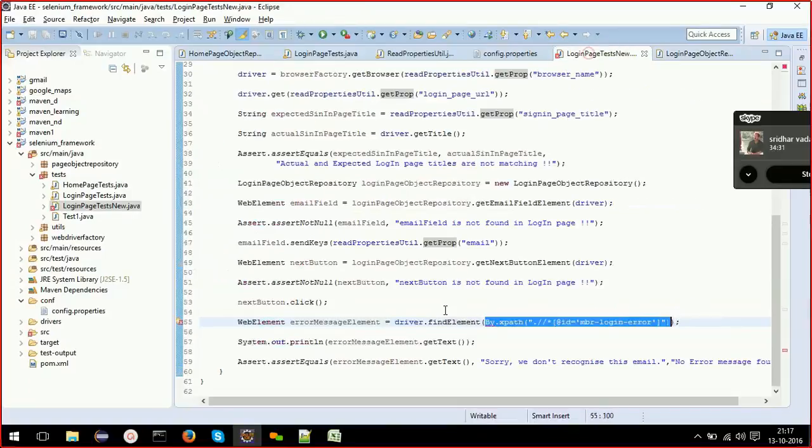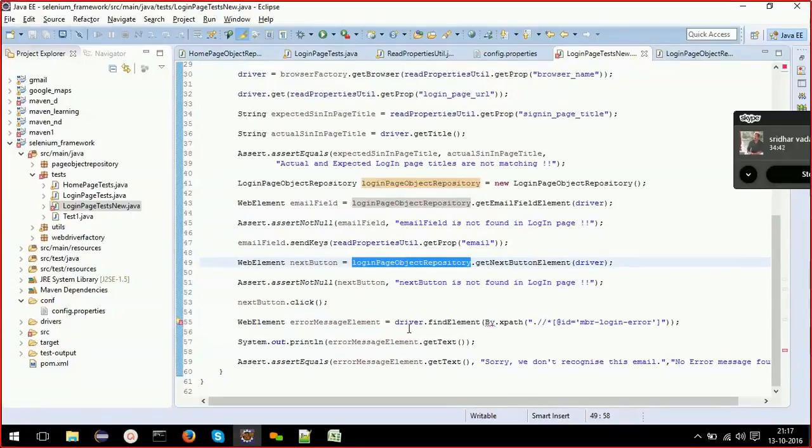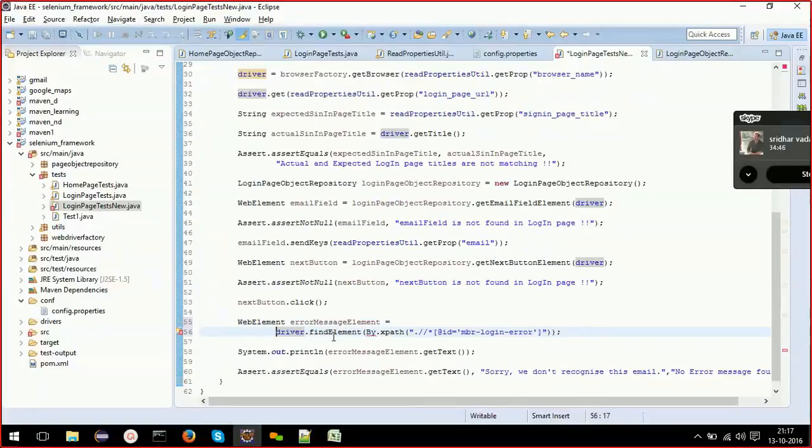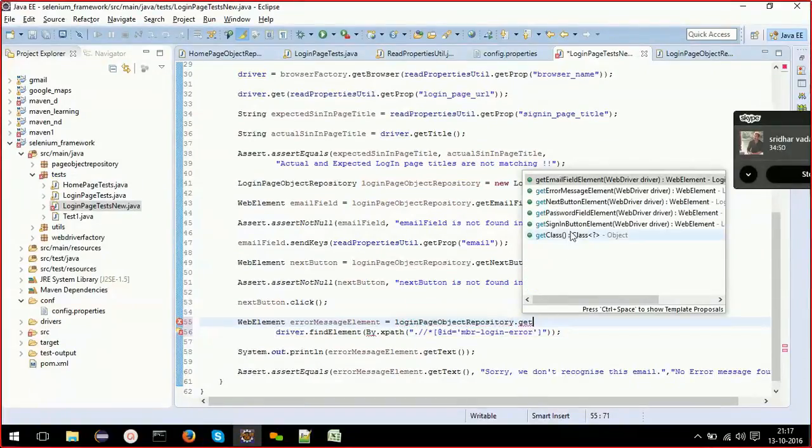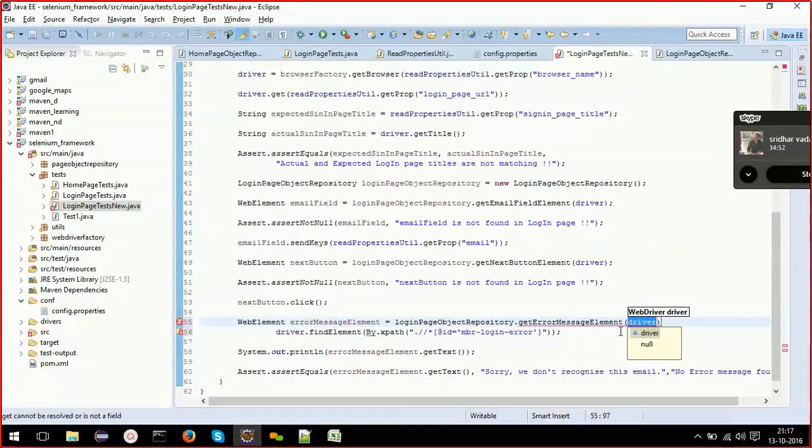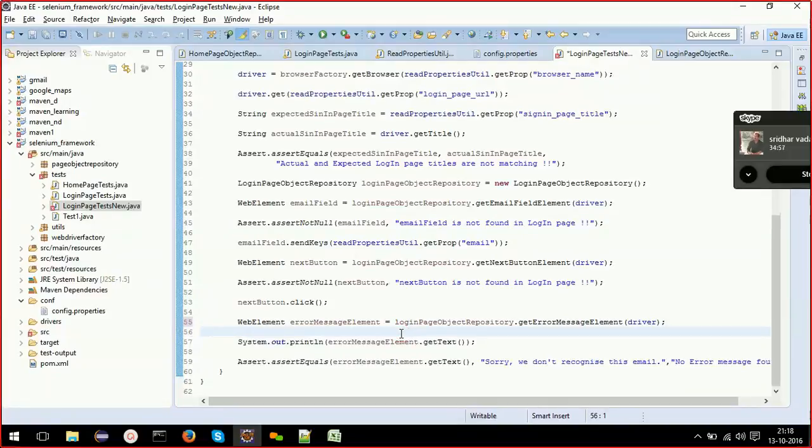Now instead of directly using this hard coded web element value in the test itself, all I need to do is use this dot get error message element, and you don't need this, it will return the error message element.